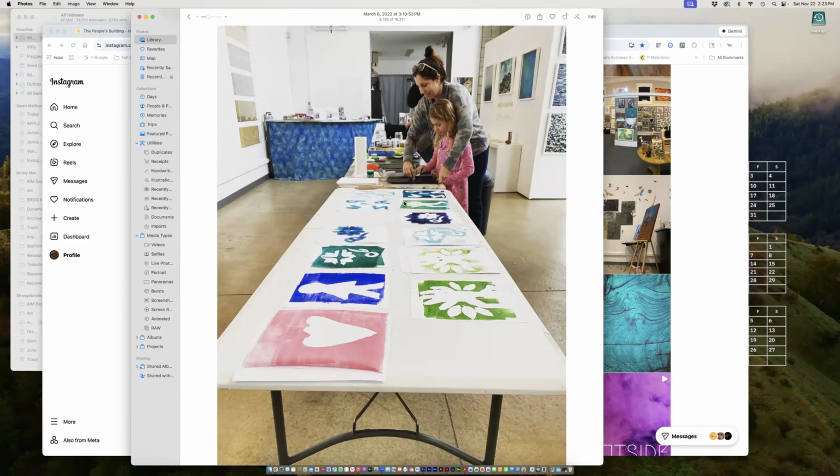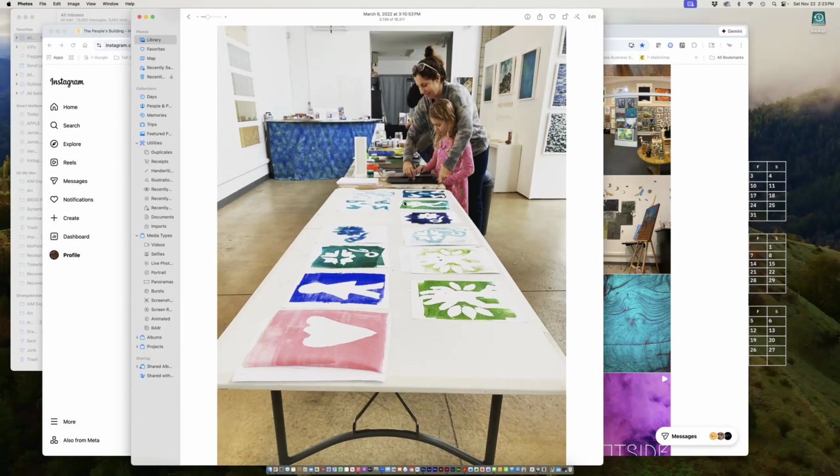So I like using the Akua soy-based inks. They're non-toxic. It's a non-toxic printmaking method. You can't necessarily compost the soy-based inks because there's other elements in them, but they are definitely more eco-friendly than your typical